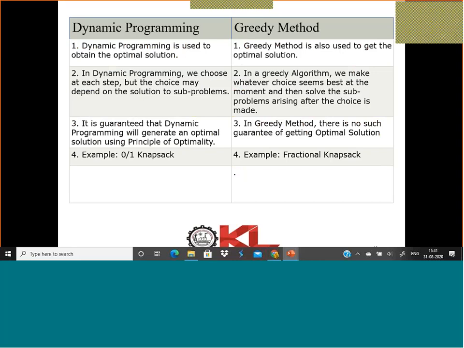Next, again, there is a comparison between the dynamic and greedy methods also. The first one is that dynamic programming is used to obtain the optimal solutions. The greedy method is also used to find the optimal solutions only. So both models are used to find the optimal or best solution. So both are the same in this way. The second one is, in dynamic programming, we choose at each step, but the choice may depend on the